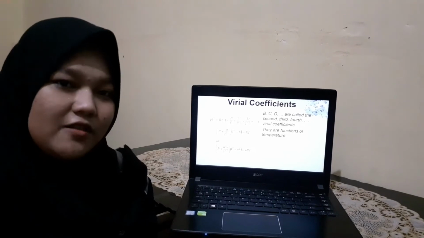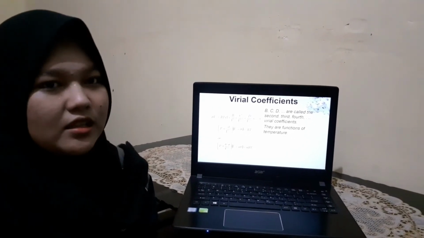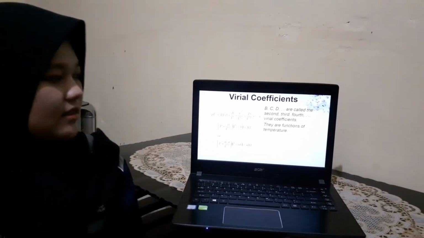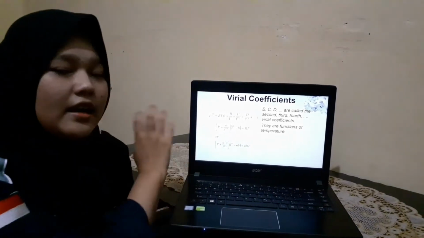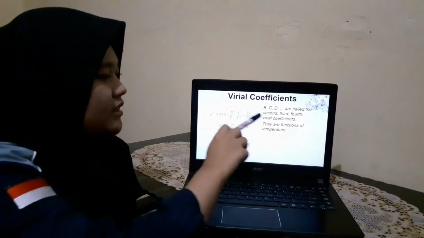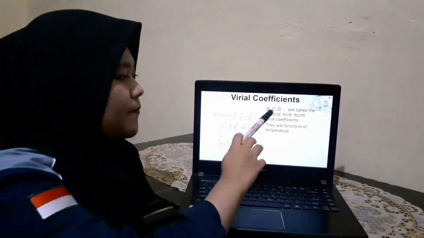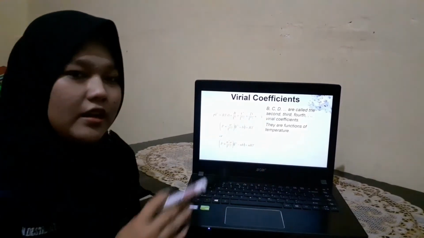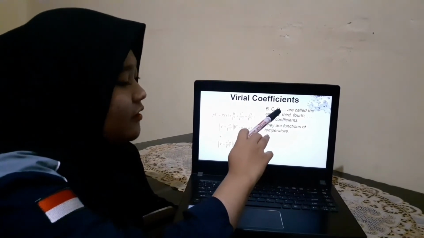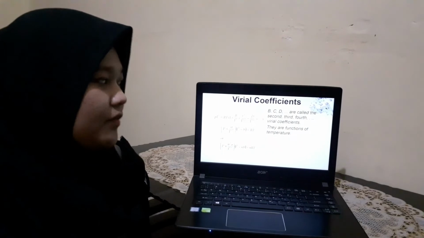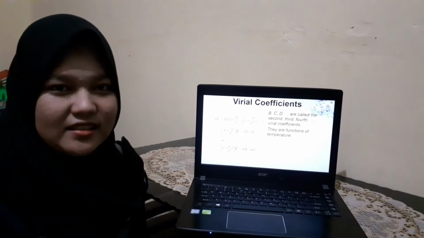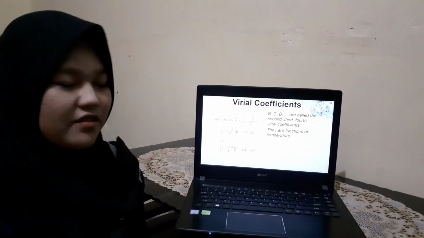For the ideal gas we have Z equal to 1, but in the real gas, Z doesn't equal 1. But the equation is almost the same as the ideal gas, PV equals RT. So for the Virial equation, we just add the B, C, and D, even more, for the second, third, and fourth Virial terms. This is the Virial coefficient, the correlation with the deviation from the perfect behavior of the ideal gas.